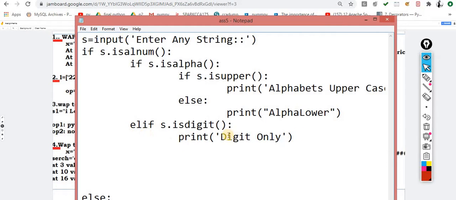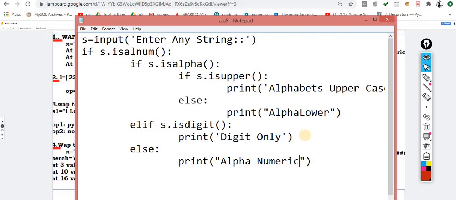If this condition also fails, then print alphanumeric. That's it. I think this should work fine for all situations. So I'm saving it and running it.